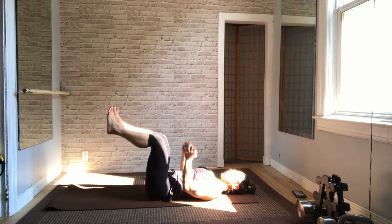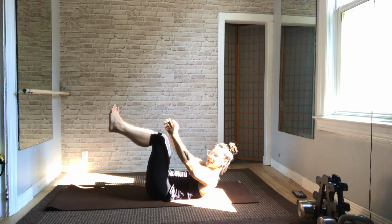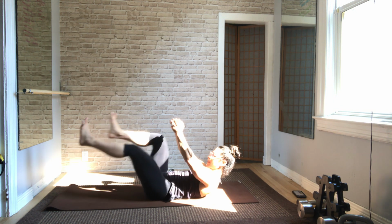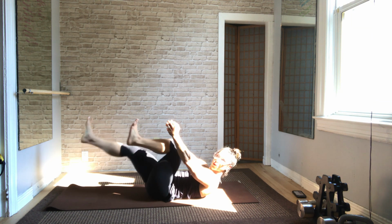2. Now hold the arms straight. Shoulder blades lift off your back. So now I've got the dumbbell right over the knees. Right leg straight, left leg straight. Alternating legs. And again, make sure that your low back is pressing down, and your shoulders are lifted off